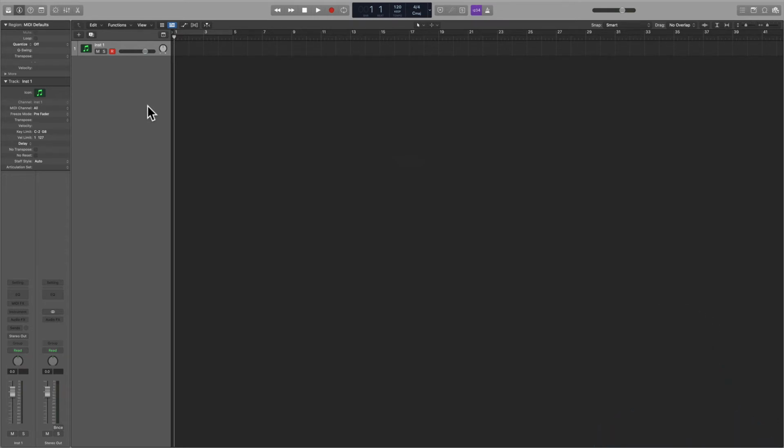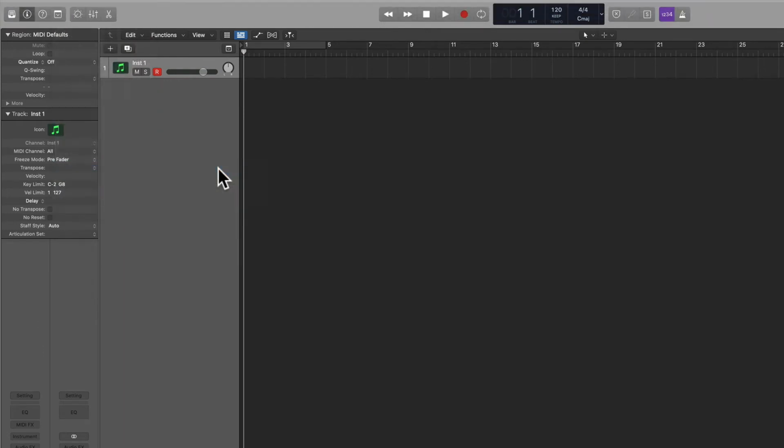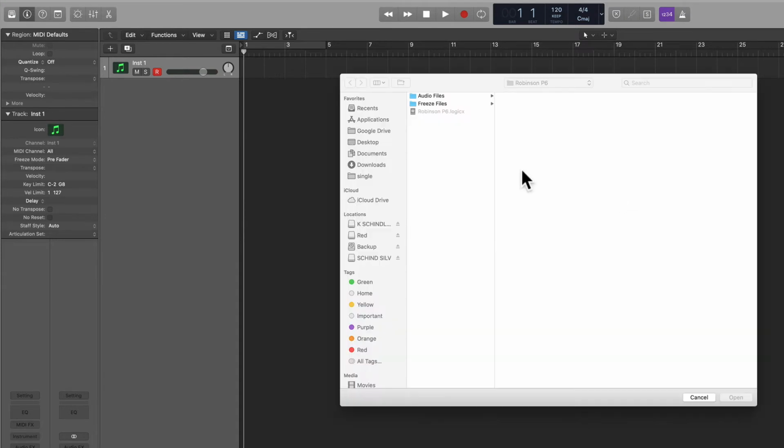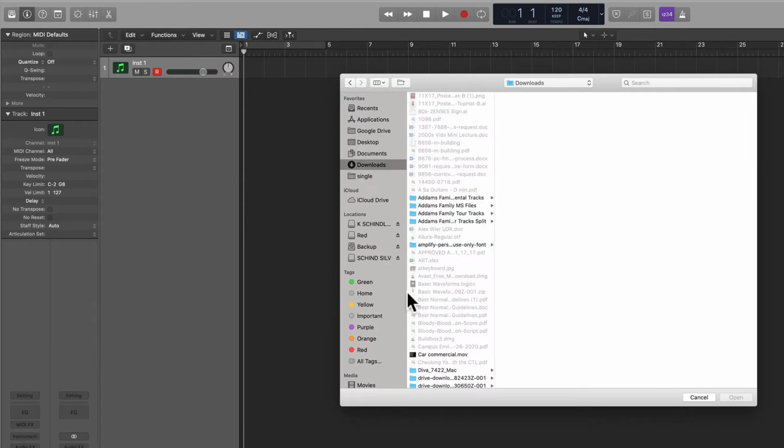So I have my track set up, I just opened a new track and I'm going to start by going up to the file menu and go to movie, and I'm going to say open movie. And in this case, this car commercial that we're doing for this project, I think I have that in my downloads folder, car commercial,